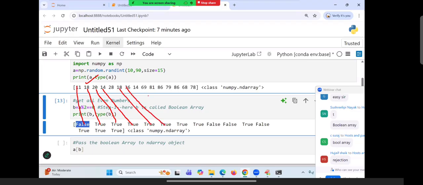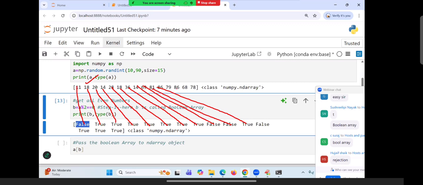Whatever is false. Next, this is marked for selection, marked for selection. 36, for this one. 69 is what? False, not selected. 81 also not selected. 86 is selected. Next, 70 is selected, 90 is not selected. Other things are